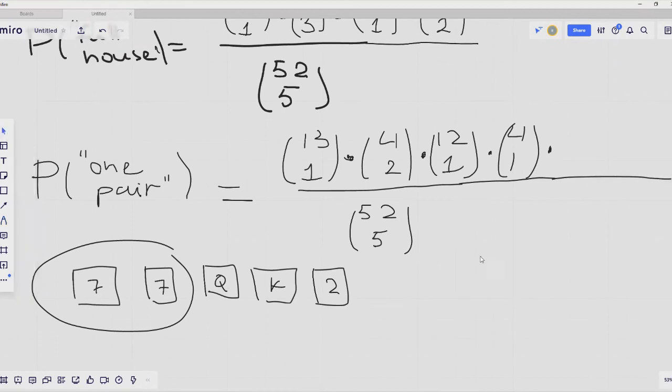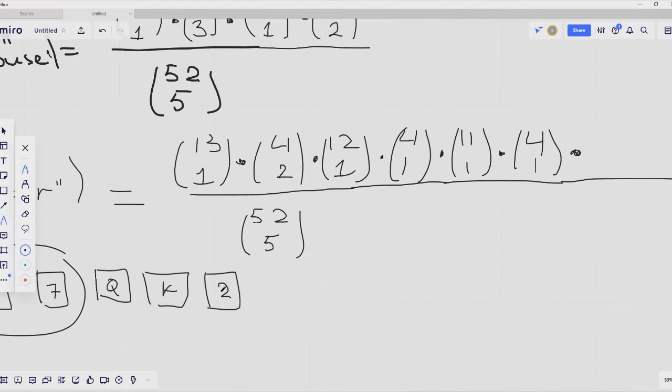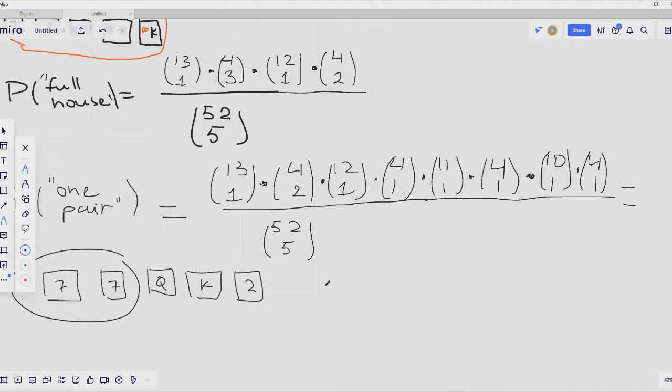Multiplied by, next we are going to choose a denomination for this 4th card here, which is 11 choose 1, since we already used one denomination here, one denomination there, multiplied by 4 choose 1. This is a choice of a suit for the 4th card, multiplied by a choice of a denomination for our last card here. This is 10 choose 1, multiplied by 4 choose 1, which is a choice of a suit for the last card. So this can be expressed as 13 choose 1, multiplied by 12 choose 1, multiplied by 11 choose 1, multiplied by 10 choose 1,